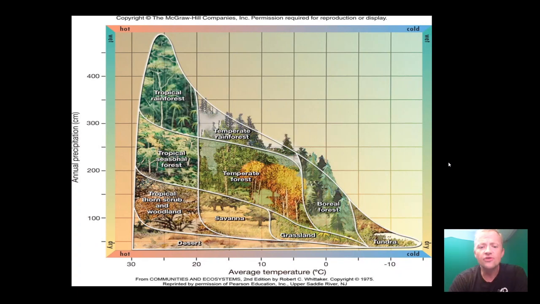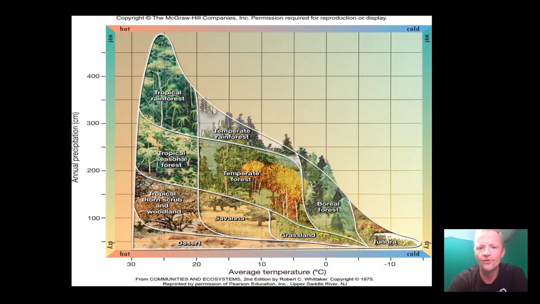Okay, so the two things, like I said, what really dictates a biome is the amount of precipitation and the average temperature. Stop, pause this. Really look at what this graph is trying to tell you. It might pop up again somewhere, or at least it'll greatly help you out in the future of this unit and on quizzes and tests.